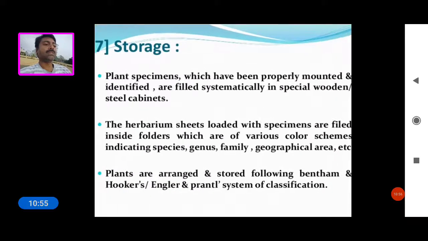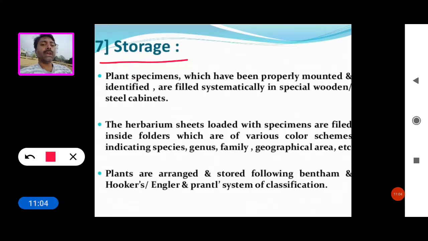So next step is storage. The plant specimens which have been properly mounted and identified are filed systematically in special wooden or steel cabinets.